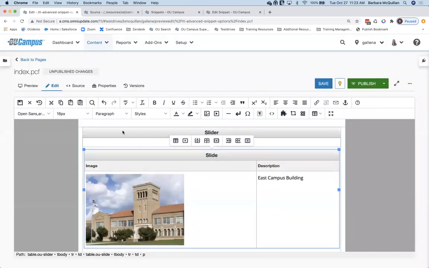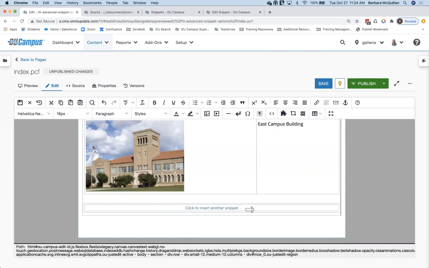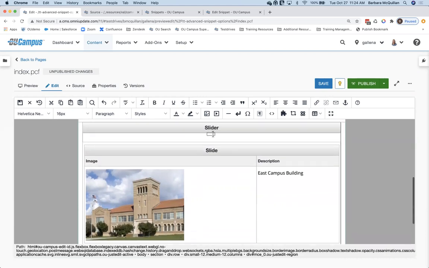And this is a situation that I see whenever we have implementations that are very, very detailed, have a lot of variety. Oftentimes I'll see a container snippet and then other snippets that go inside of it. So notice on this, I do have a little table separator here. But inside of this slide holder, I'm only supposed to have slide snippets.